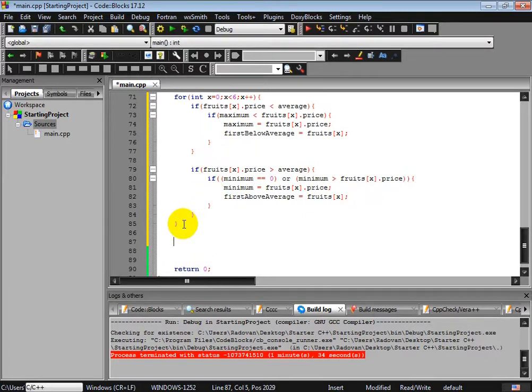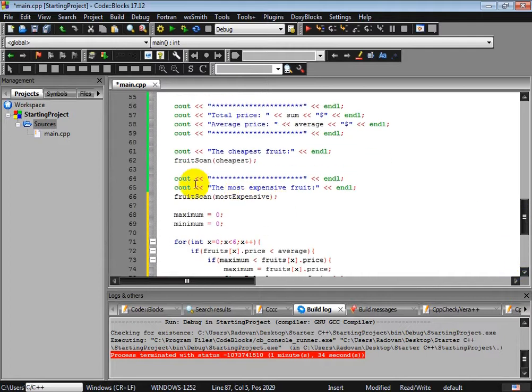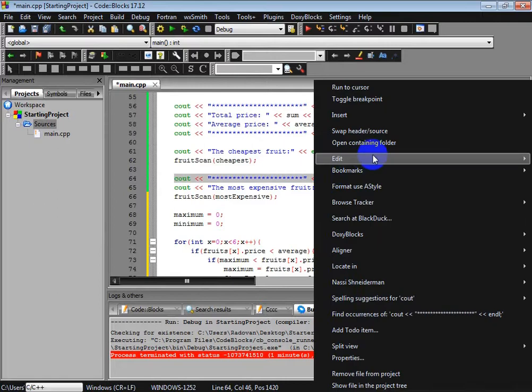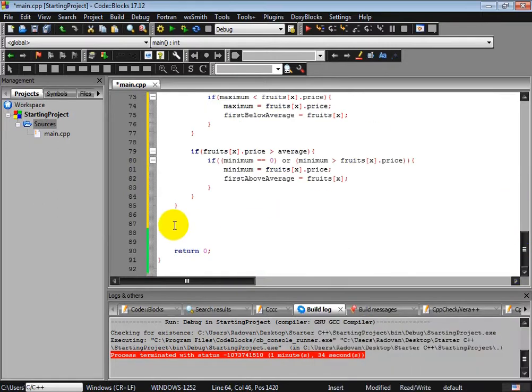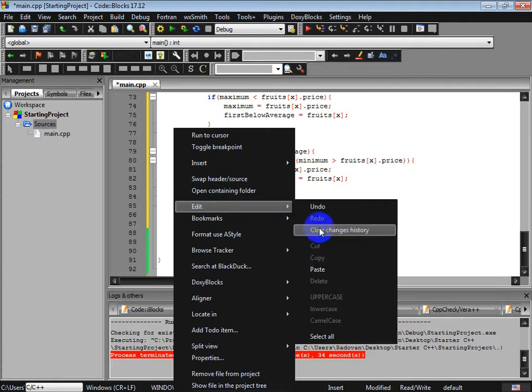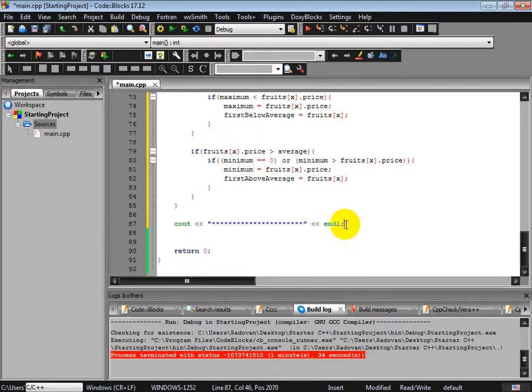And let's write the text, first a couple of stars. I could use the same stars that I used there, because they look fine. Or maybe we need a little bigger, but let's try with this. Edit, paste. Okay, let's write cout